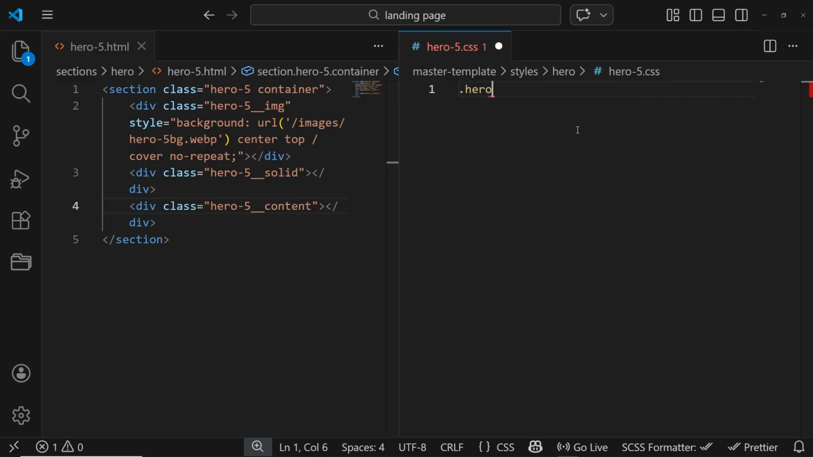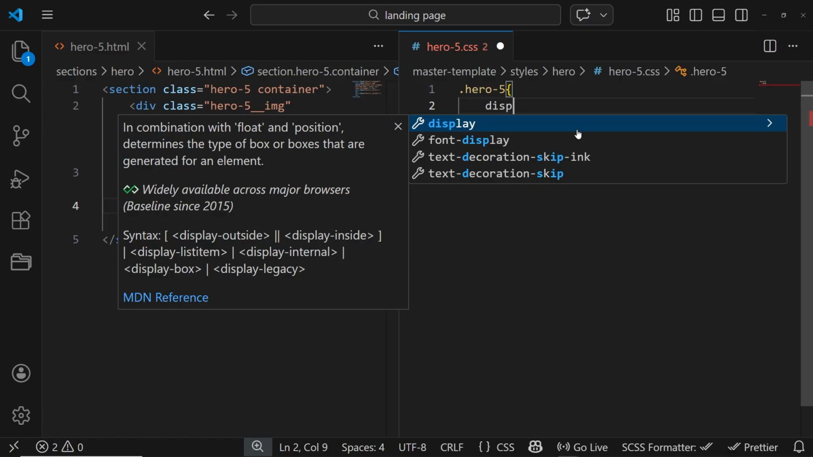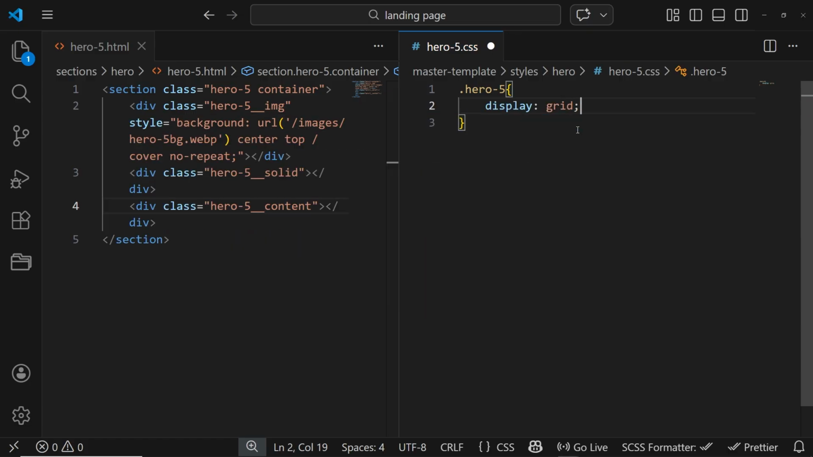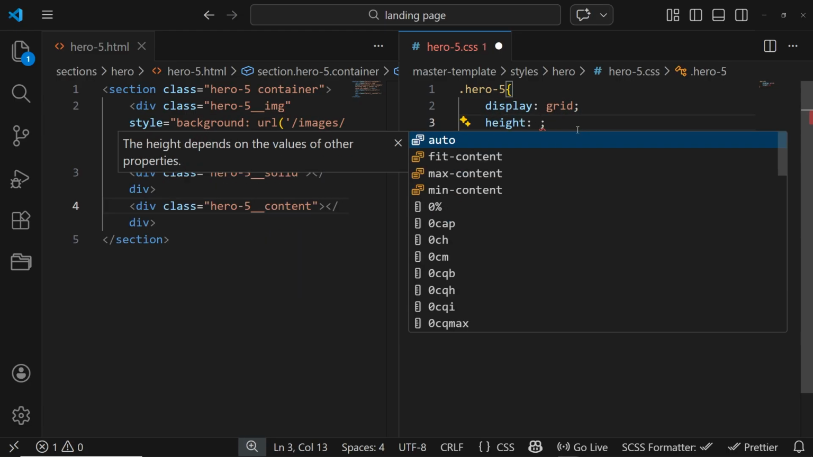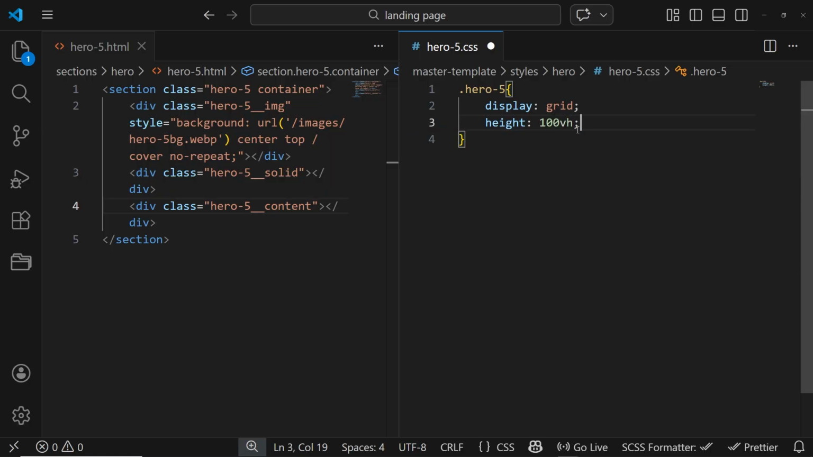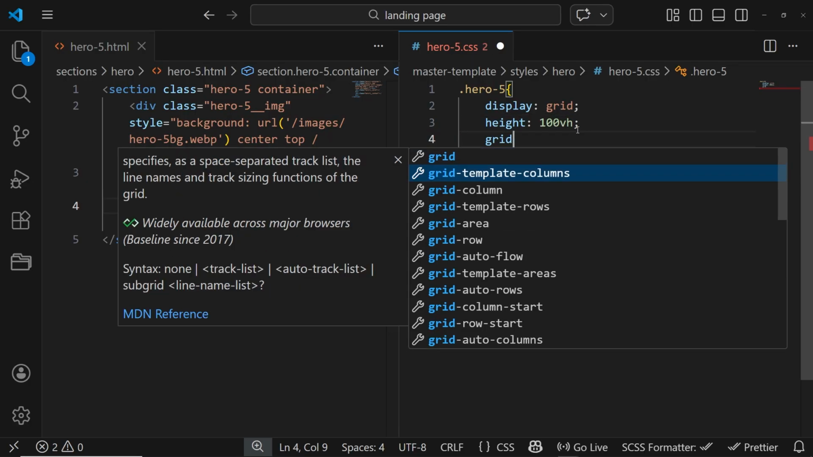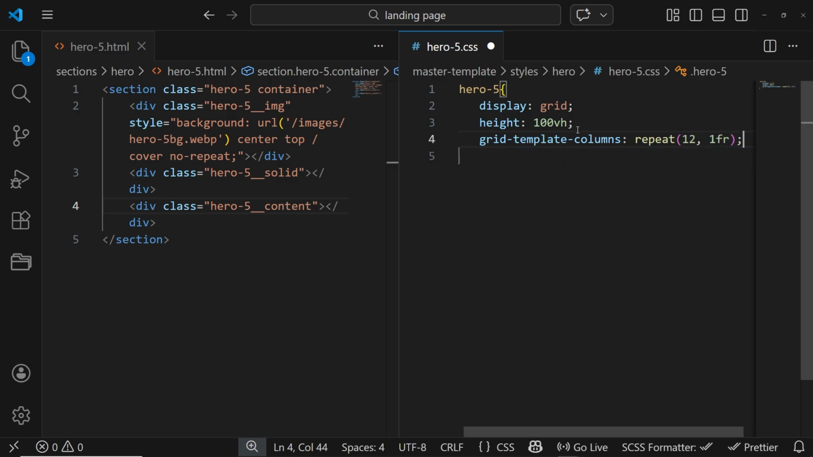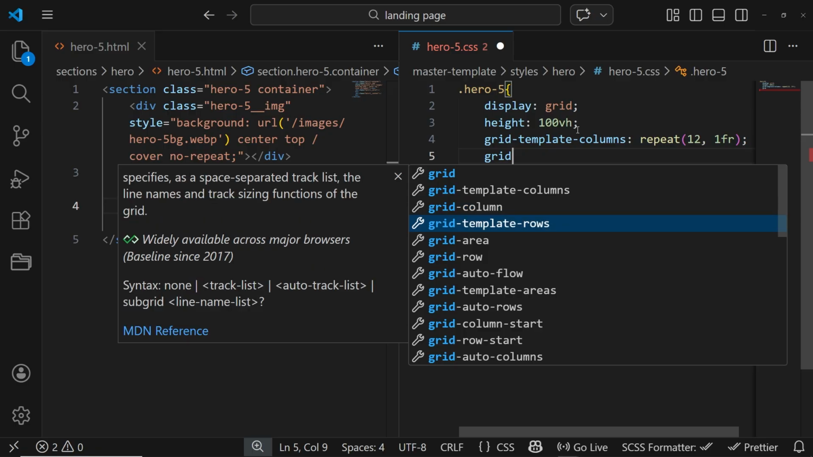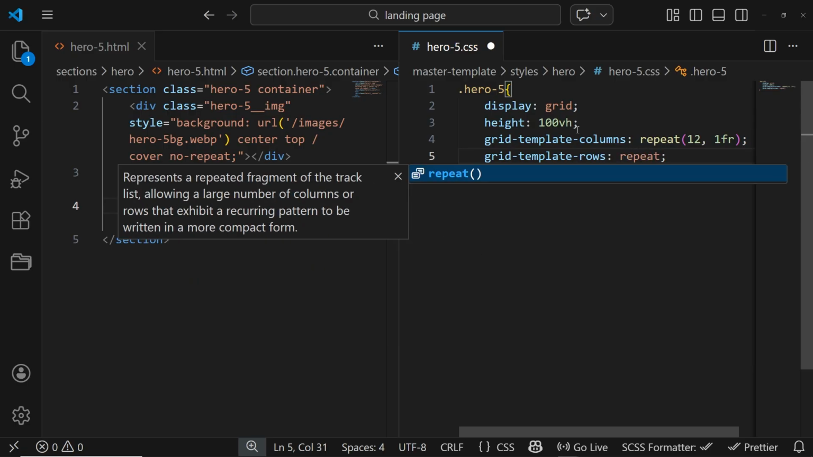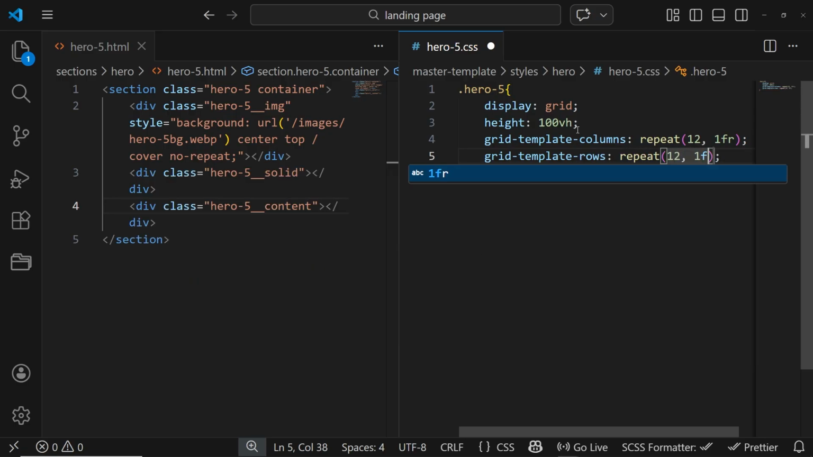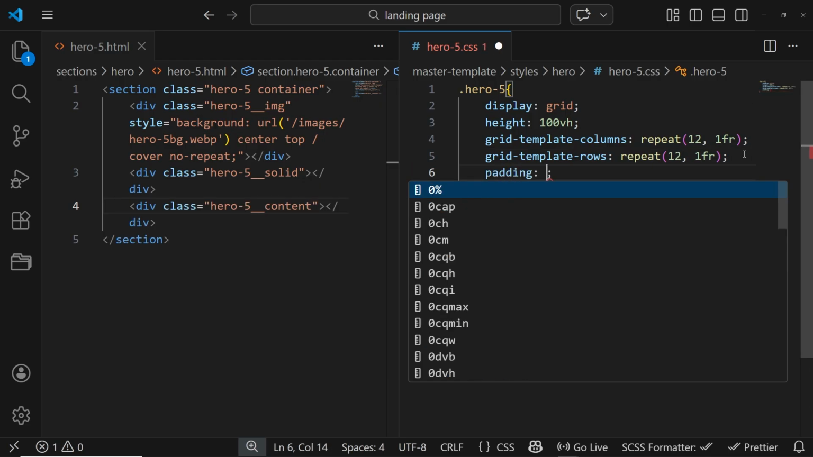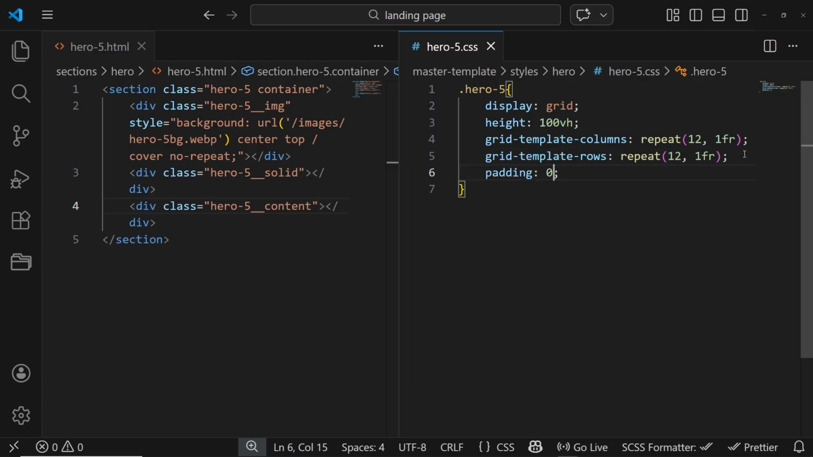Now let's go ahead and set up the CSS for this. First, let's go ahead and set up the container. So the hero5 container is going to be a display of grid because we're using grids to sort this out. We're going to give it a height of 100 VH, a grid template columns of repeat 12, 1 FR, and a grid template rows also of repeat 12, 1 FR. Also, I'm going to give it a padding of 0 so we don't have any extra space